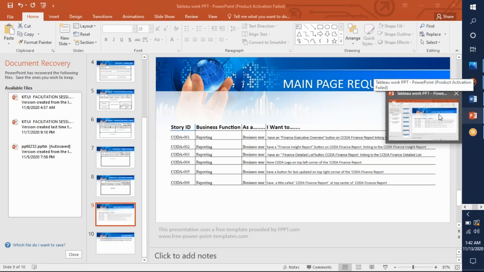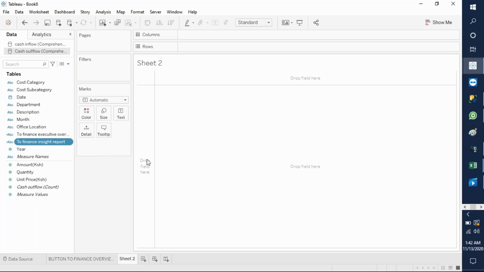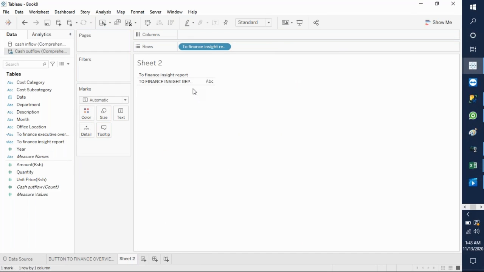what's supposed to be this finance here. So I'll just give it this. Let me just give it the name to finance inside report like that. So actually it's valid. I can apply that. So is this one? I'll just drag it again to that. And then again, I can also